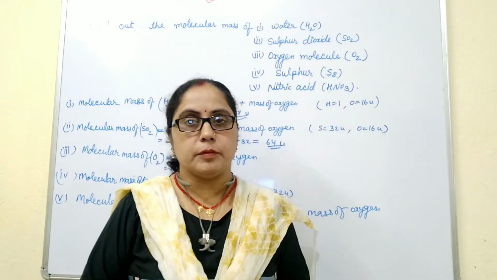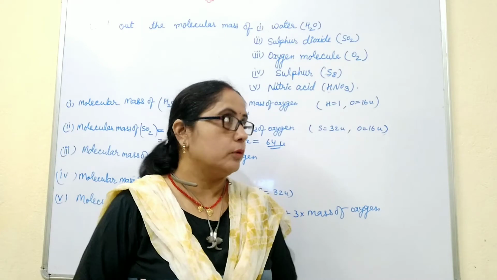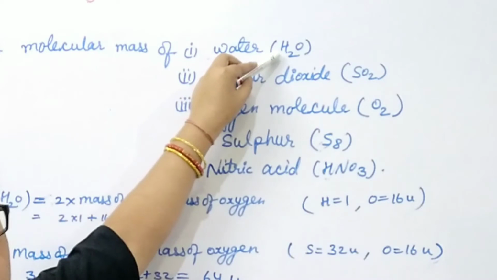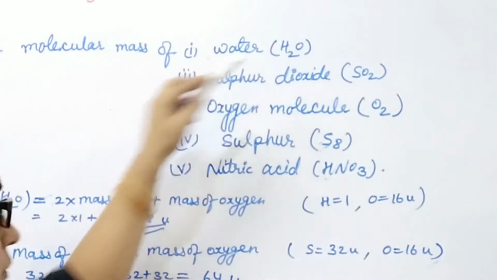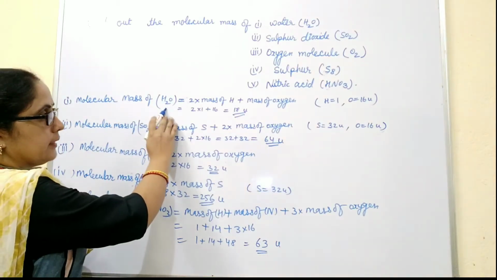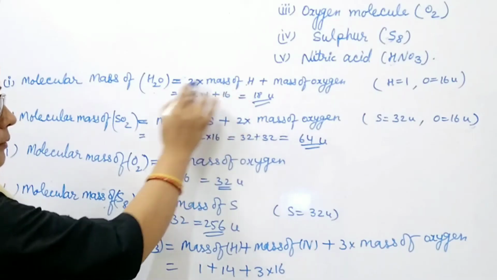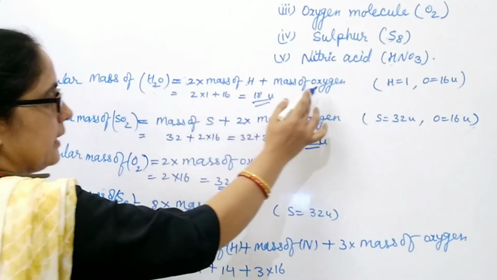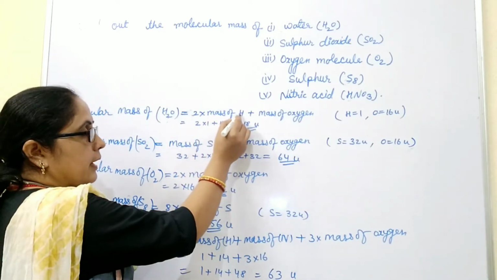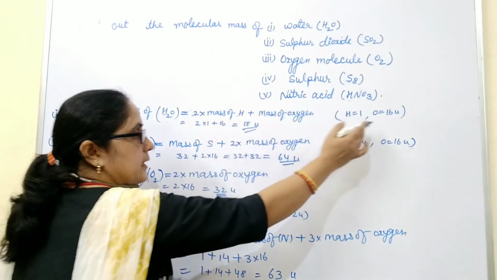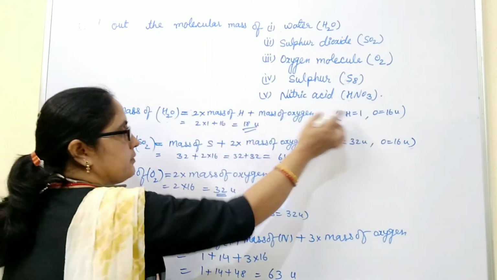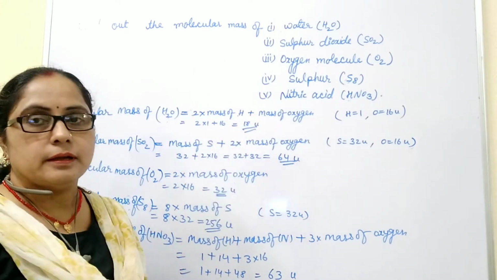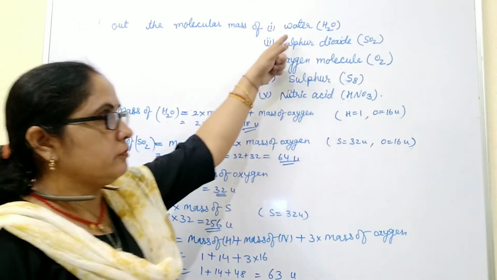Now students, with the help of some examples we can understand this more. How can we find the molecular mass of water? The formula of water is H2O. So the molecular mass of water is the mass of a hydrogen atom times 2, because it contains 2 hydrogen atoms, plus the mass of 1 oxygen atom. The mass of 1 hydrogen atom is 1 and the mass of 1 oxygen atom is 16. By putting in these values we get 2 times 1 plus 16, and that is 18 units. This 18 units is the molecular mass of water.